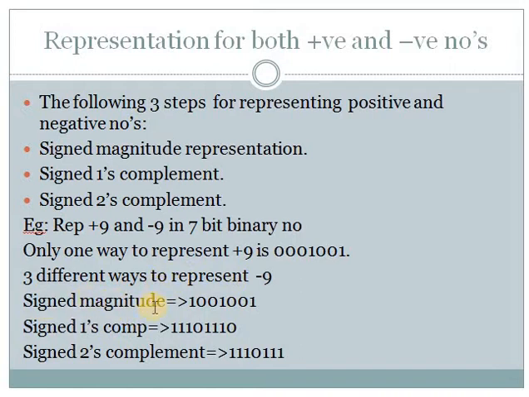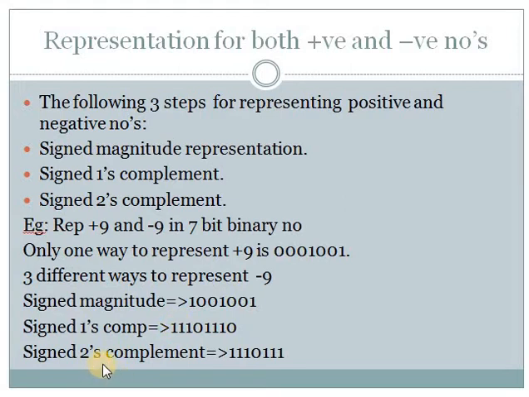First is signed magnitude. See here, I have already said the leftmost bit is for the sign. This one indicates a negative sign. If we see here, here is 0, that is for positive, but here it is 1, so it will be negative. One's complement means we have to convert the ones to zeros and zeros to ones. See here, 1 is converted to 0, 0 is converted to 1, again 0 is converted to 1, 1 is converted to 0, 0 is converted to 1, 0 is converted to 1, and the sign part will not be changed.